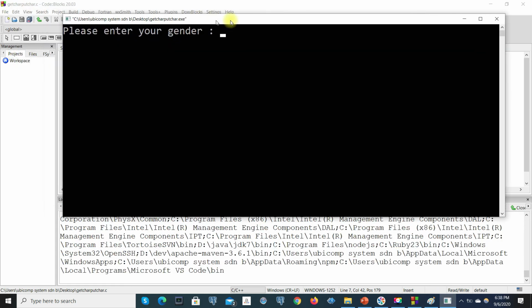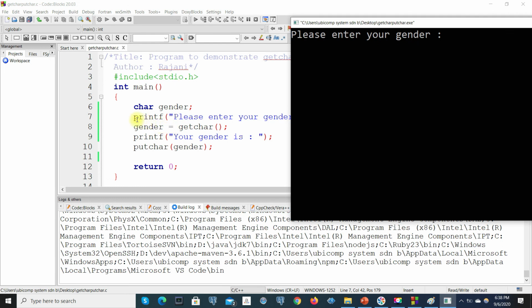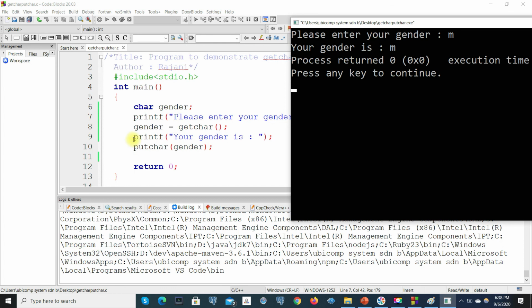Let's run the program. When we look at the execution of our program, this statement will declare a character variable in the memory with 1 byte, and now it is asking, please enter your gender. Now this statement is waiting to read a character. Now I give the gender. Now this one will read this character and it will store it onto the character data item in the memory. After that, when we press the enter key, now I am pressing the enter key, it will display that along with the text, your gender is, and it will display the character which is M. After that, it will successfully complete the execution of our program.